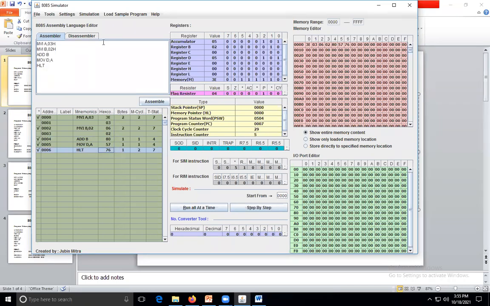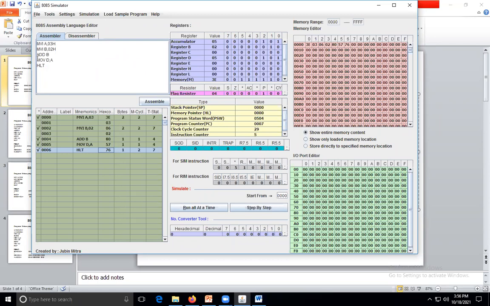After writing the hex code, you have to take the kit of the 8085. After starting the kit, you have to put all this hex code in the kit. Means first you put 3E 03 06 02 80 57 and 76. After putting all this hex code into your 8085 kit, there is one button, execute. After the execution, you can see the output on the accumulator and register B, or you will get the answer directly, 05. So this way you have to execute the program.